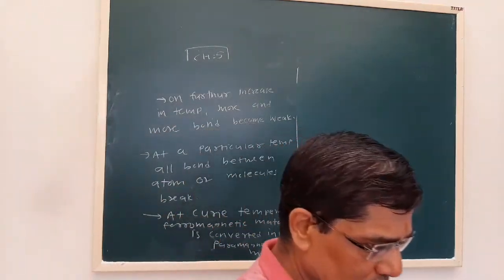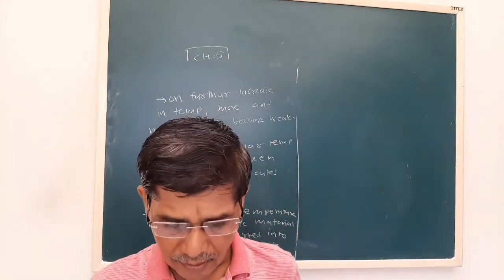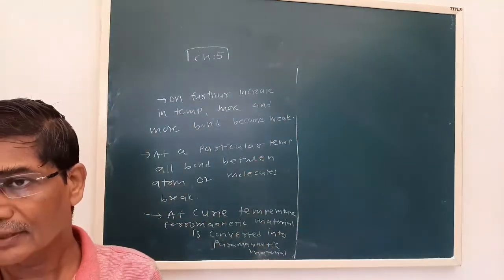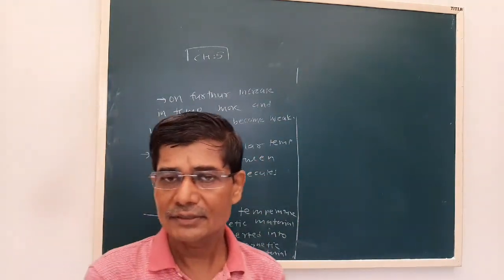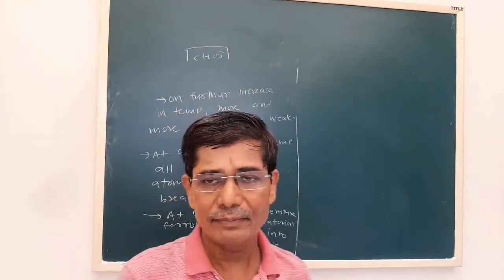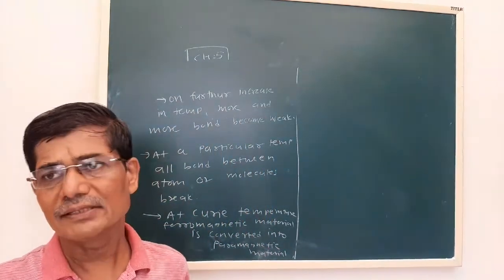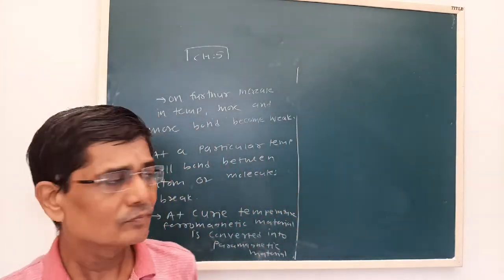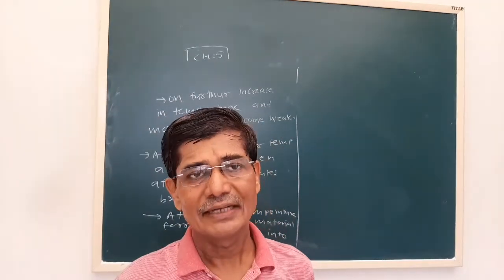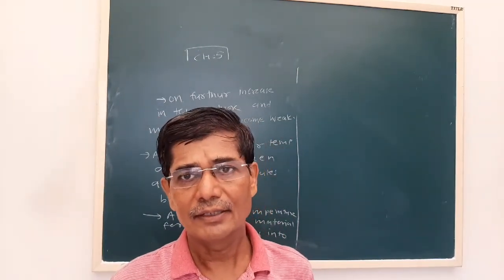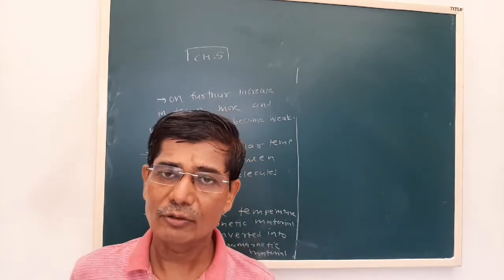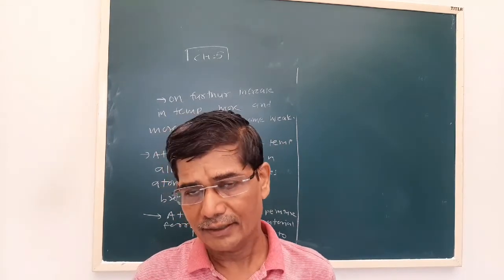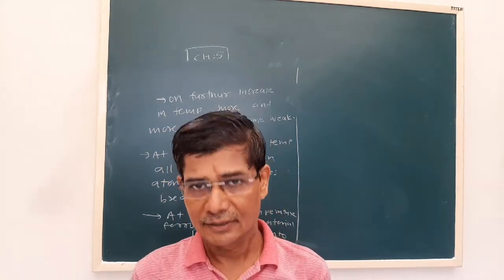This relation was explained by scientist Curie, and he gave the mathematical expression for it. We have seen that magnetic susceptibility is inversely dependent on temperature. So when temperature is increased, chi will decrease, meaning the bonding between atoms or molecules decreases. At Curie temperature, all bonds will be broken and the ferromagnetic material will be converted into paramagnetic material. This is about the temperature dependence of ferromagnetic material.